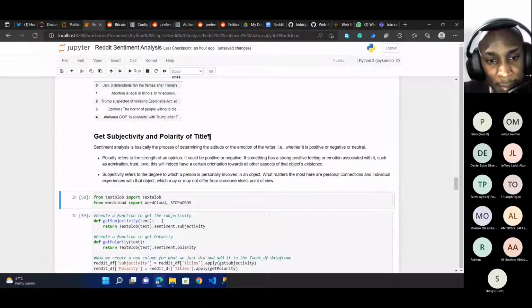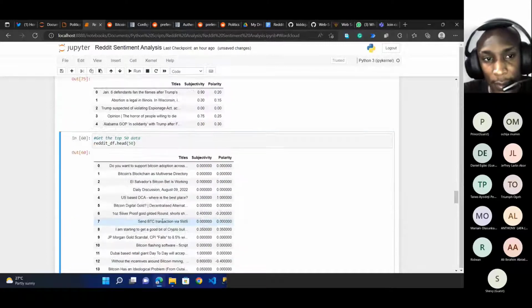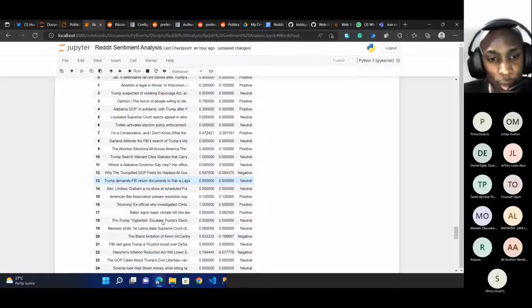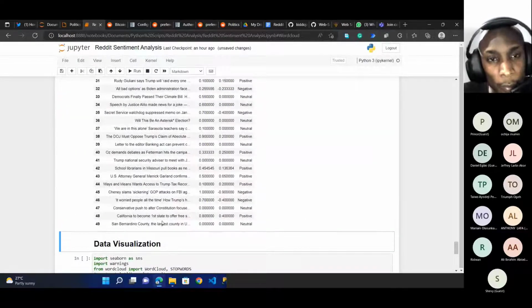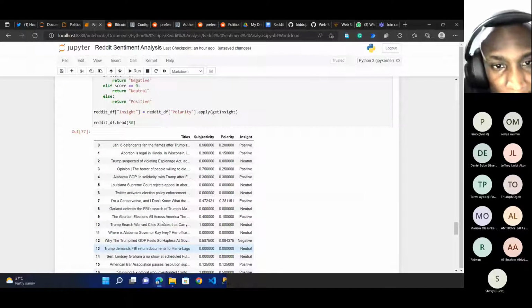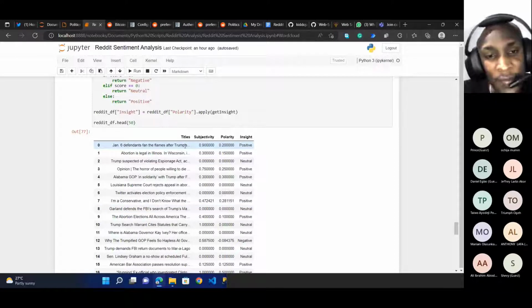So for the subjectivity, I'm using TextBlob to get subjectivity and polarity, right? Run this again. So I have the positive, negative and neutral. You can see the top, let's just do the first three. You can see, okay, defendant, fans defend Trump. Since I said Trump defenders,